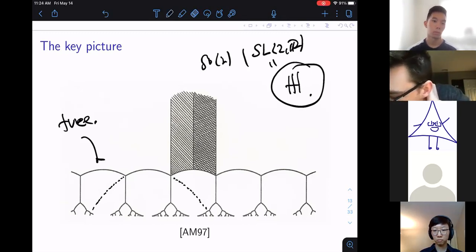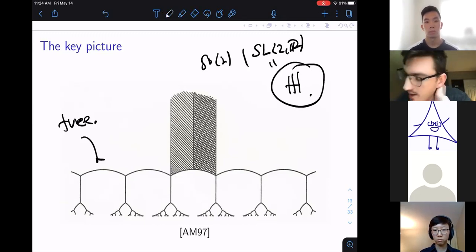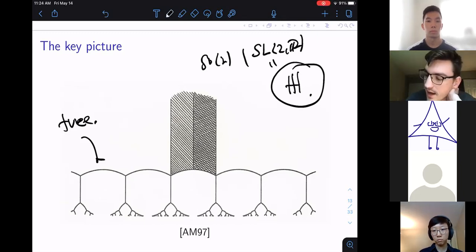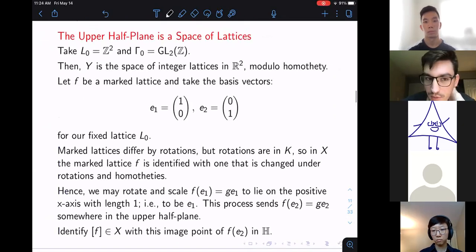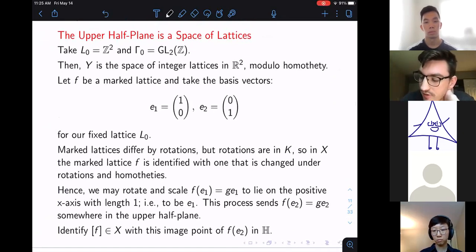Let me delete this. Here. So the well-rounded retract in the upper half plane is this tree. Now, how do you see this? This fundamental domain we'll talk about in a second, but how do you see that it is this tree? The key idea is to consider the following process. Fix the standard integer lattice and look at its stabilizer, gamma naught. Remember that Y is the space of lattices modulo homothety that are isomorphic to L naught as a Z module. So these are all integer lattices. So if you have any marked lattice,